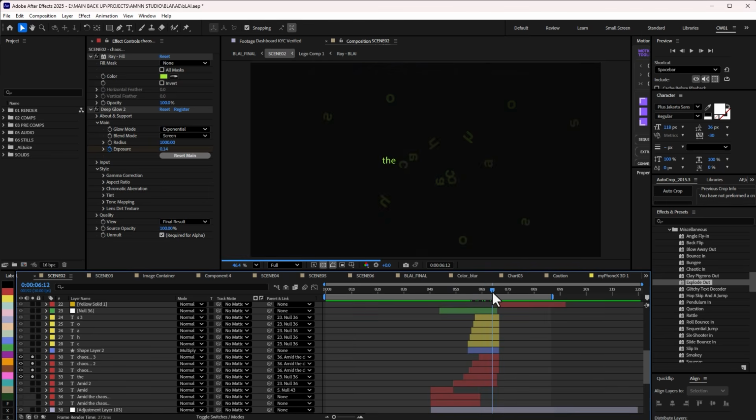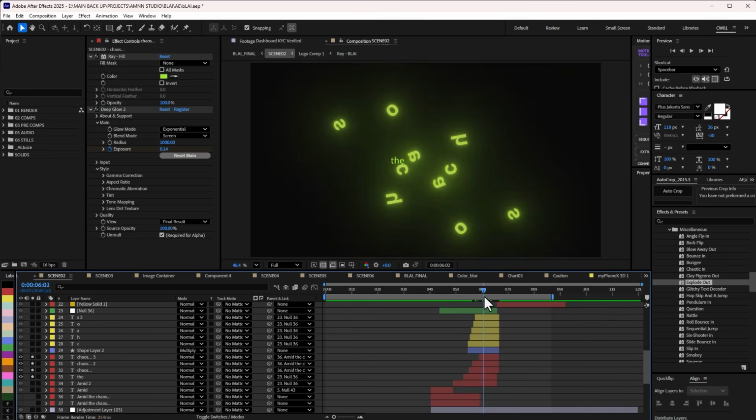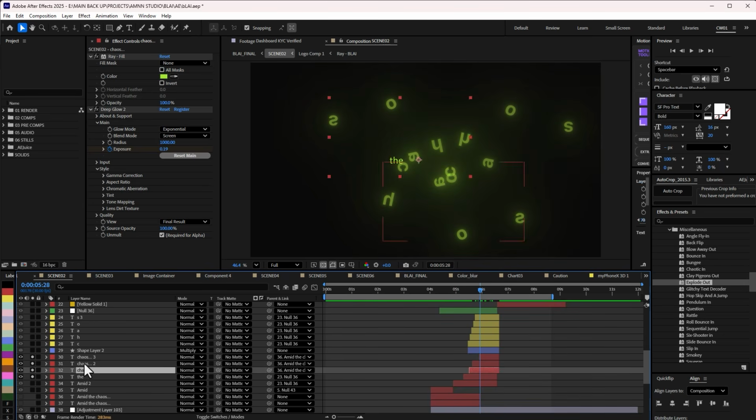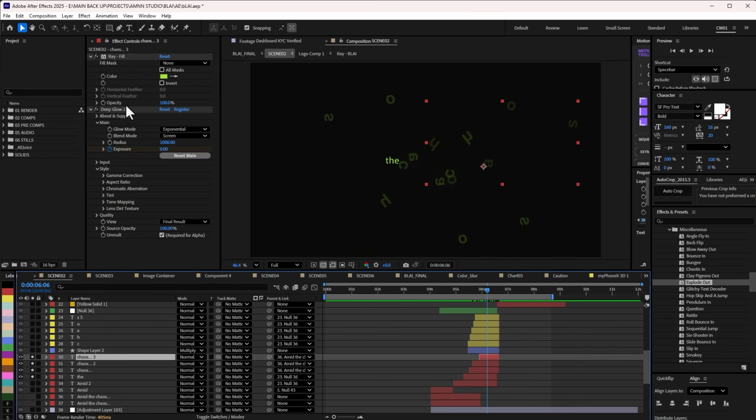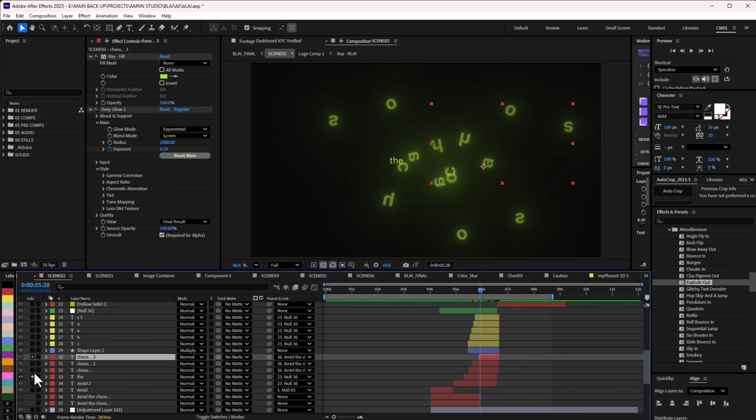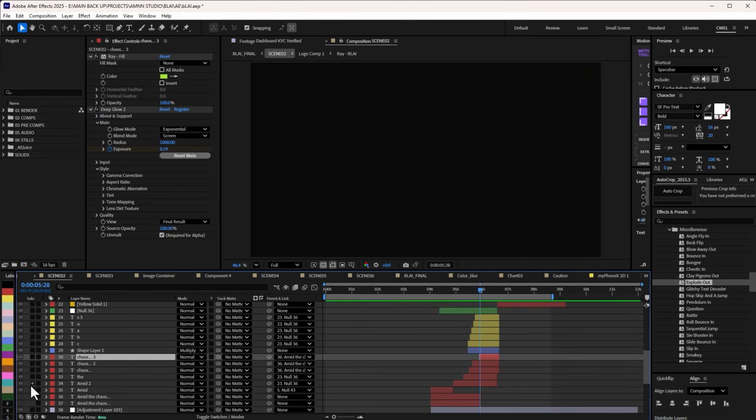Though I needed to do some tweaks to make sure it made a whole lot of sense for what I'm doing. And I duplicated some text even with the same preset. So basically that's how I get to do it. And of course I added Deep Glow, the color, and animated the exposure so that it can really emphasize that explosion. Then you combine all of this together, and this is what we are going to have. So if I play this now,